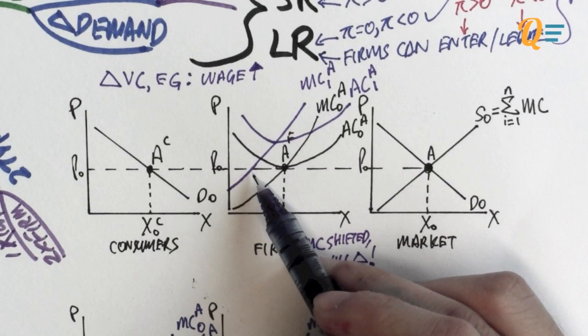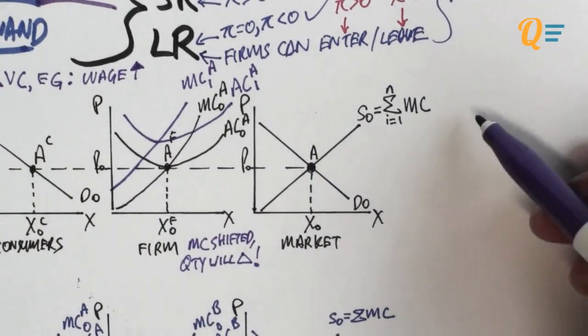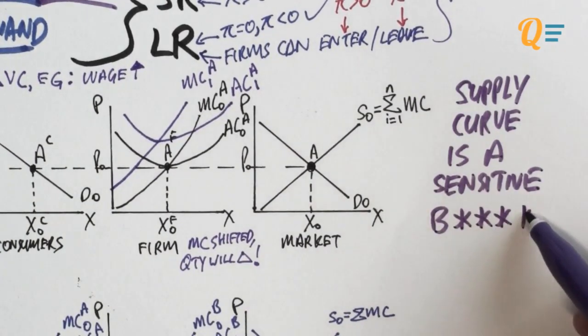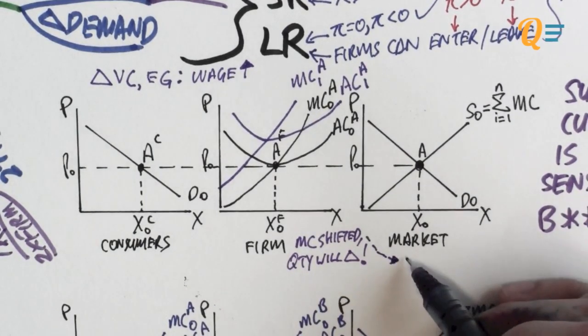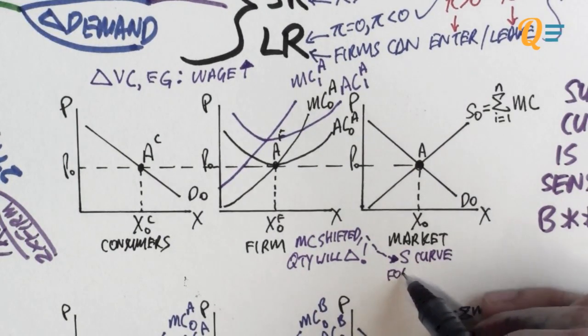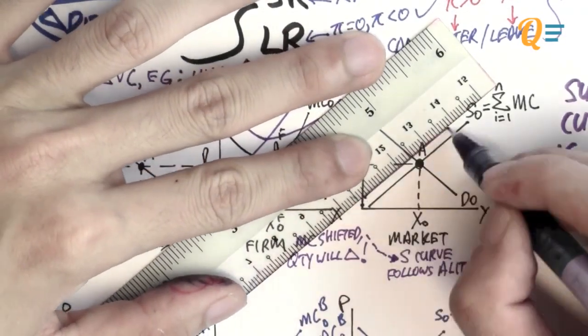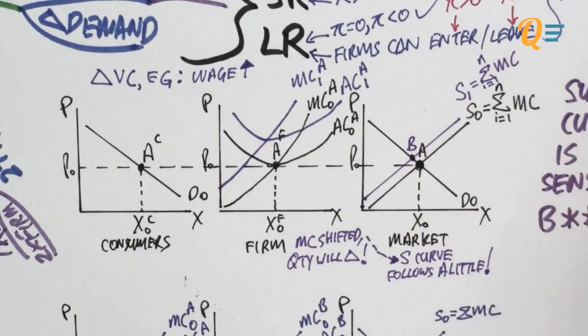Basically, I think you'll be very tempted to conclude that in the short run, the firm will be producing at this point over here. Well, the assumption makes sense since the firm will always produce at P equals MC, but there's something that you have to bear in mind whenever the marginal cost curve is shifting. Just remember that the supply curve is very sensitive. The reason is that the supply curve is the sum of all the marginal cost curves. Therefore, when the MC curve of the firm shifts, your supply curve is going to follow that shift. So the supply curve is going to shift upwards just like how the MC curve shifts. That is going to be the new supply curve in the short run.